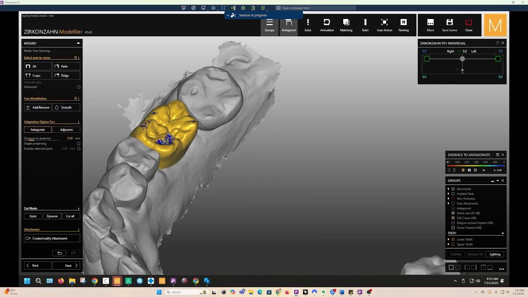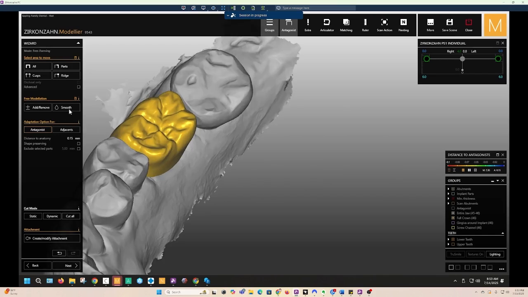Dynamic, the rule is always 0.15. We're not super happy with the occlusion that Trios gives us, but you can see now we cut away, there should be no occlusion. Now what I do is I also smooth all around these areas, and that looks a little bit peaky,